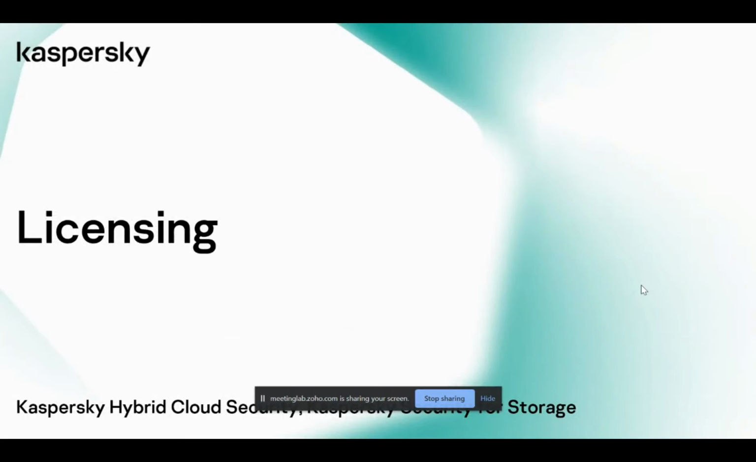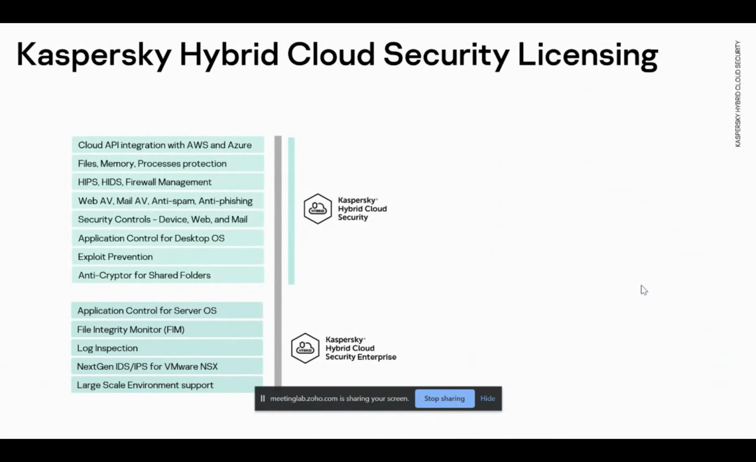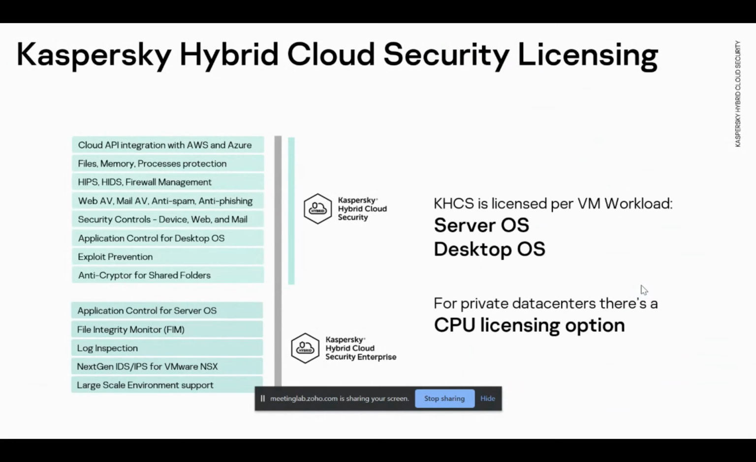Now licensing, very quickly in one slide, and we'll end it. Just keep in mind, there are a few questions for this. We have two editions for Kaspersky Hybrid Cloud Security, that is Kaspersky Hybrid Cloud Security Standard and Kaspersky Hybrid Cloud Security Enterprise. Enterprise has all the features. Some of the features that Enterprise has that Standard does not have are application control for server, file integrity monitoring, log inspection,